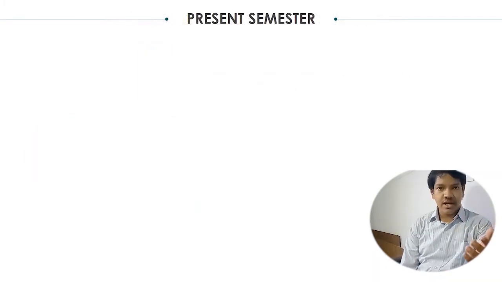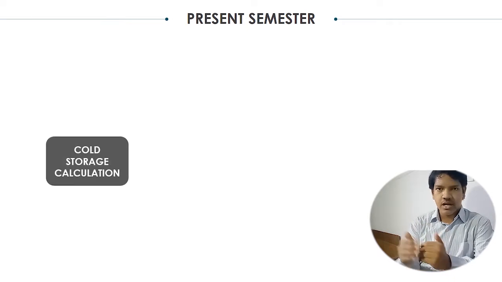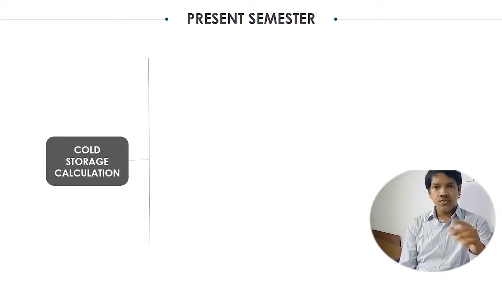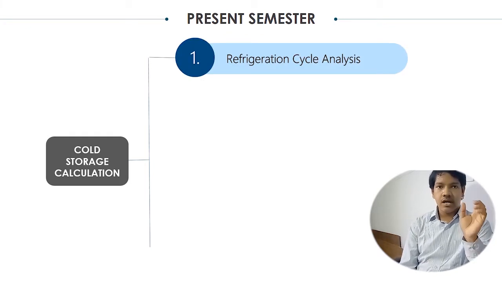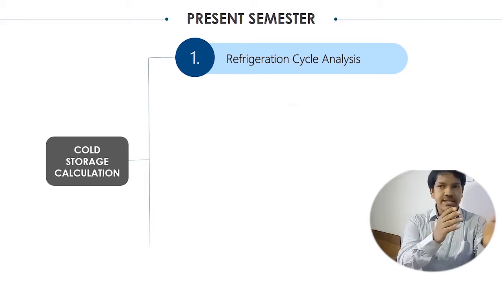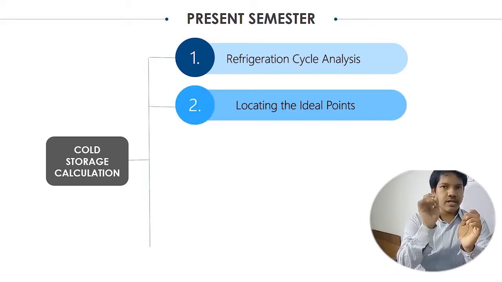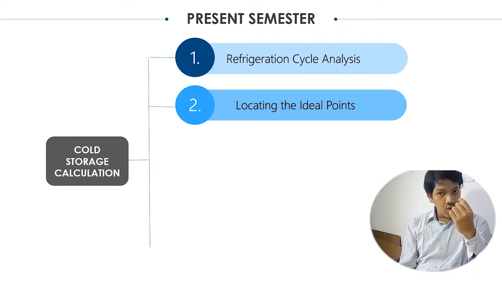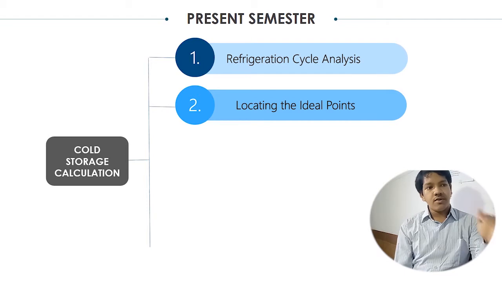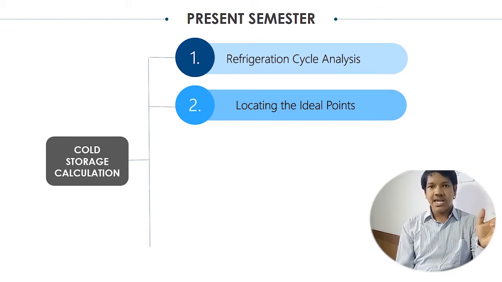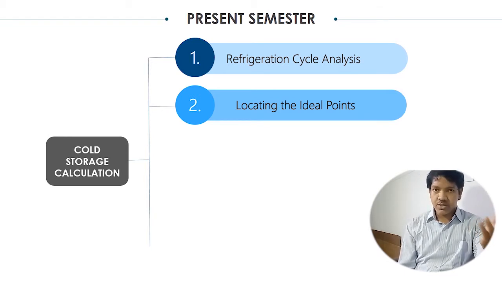In this slide I will be discussing the present semester's scenario, which we have done. First we will discuss the refrigerant cycle and a little bit of analysis regarding that to our project. After that, we will discuss how to calculate the location of the points over the total cycle, whether it's an HS diagram or a TS diagram, we need to locate the different points on the cycle. So how we would locate those points.